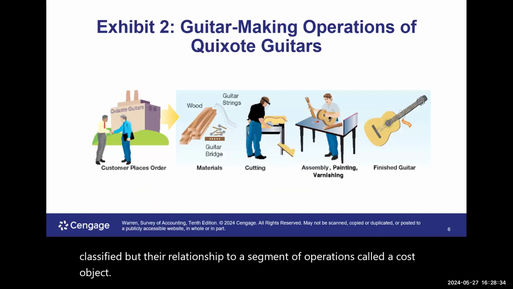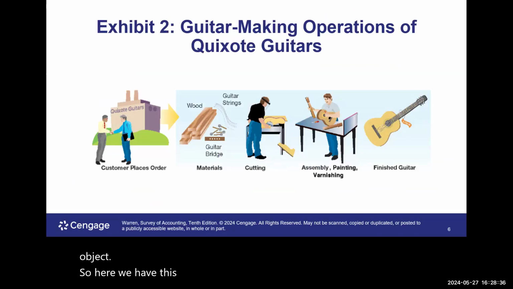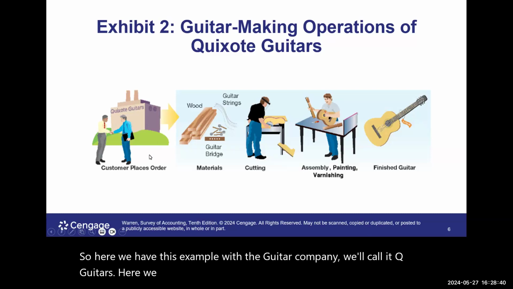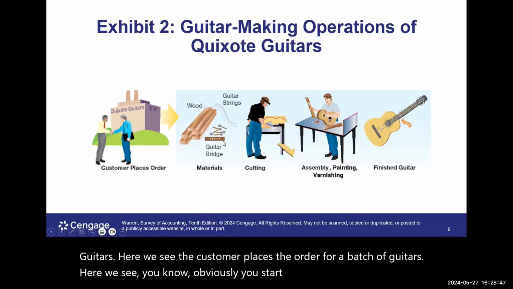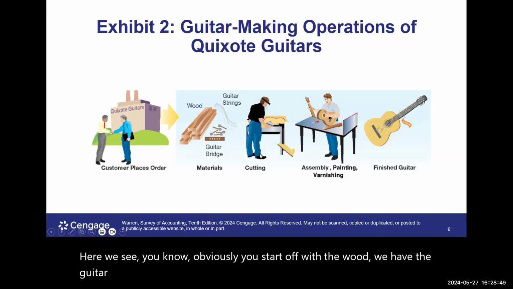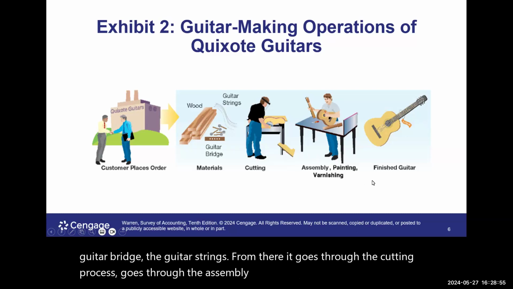So here we have this example with a guitar company. We'll call it Q Guitars. Here we see the customer places the order for a batch of guitars. Obviously you start off with the wood. We have the guitar bridge, the guitar strings. From there, it goes through the cutting process, goes through the assembly, painting, and varnishing, and then we have this